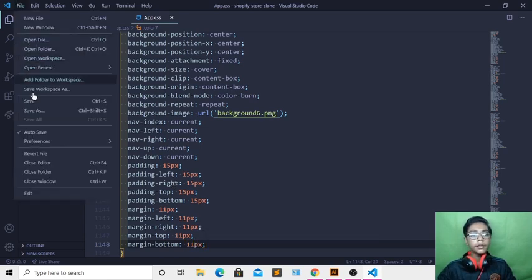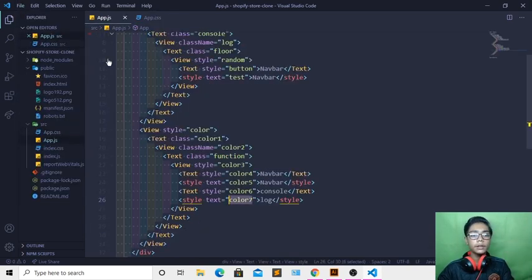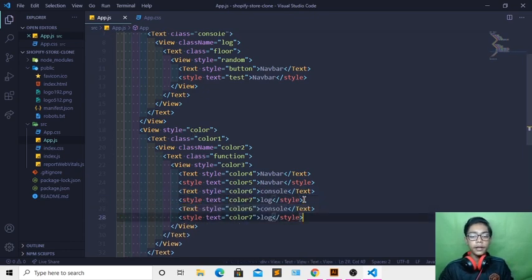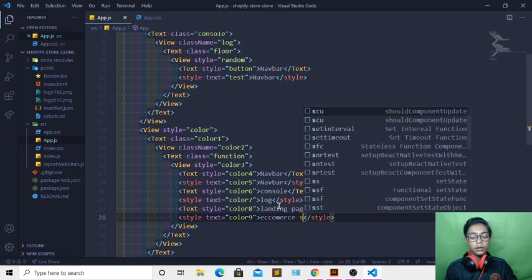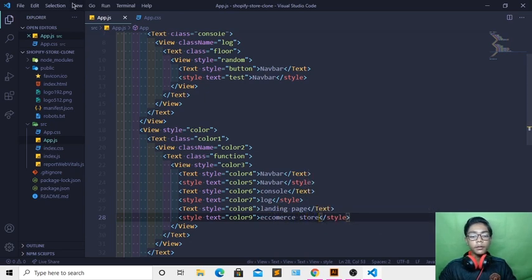Now here when you've done that, you have to hit save, go to the app.js file again, then I will be copying this and pasting it here, then I will be changing this to 8, then 9, and I will be changing this to page. Okay, so I'll be writing landing page, and here I'll be writing the e-commerce store. Now here when you've done that, you have to hit save,